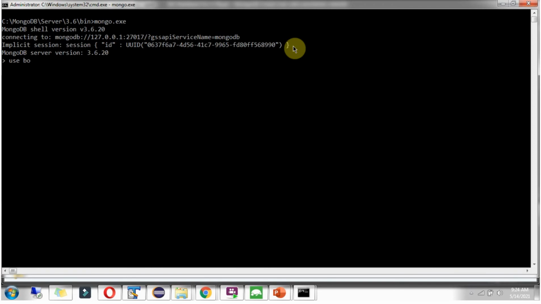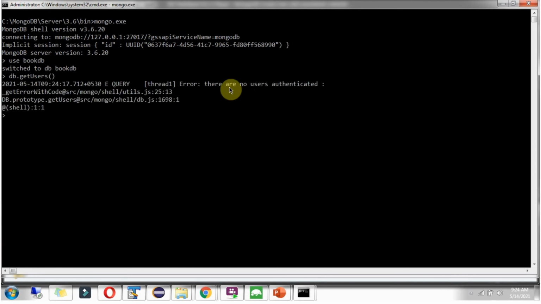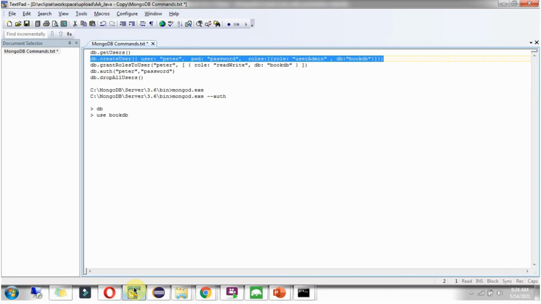Switch to bookDB. db.getUsers. And here we got an error saying there are no users authenticated. So without authenticating, we cannot execute any command. So we will see how to authenticate.